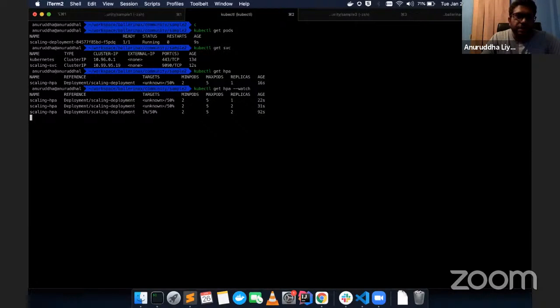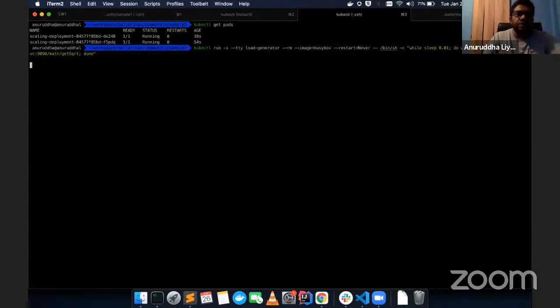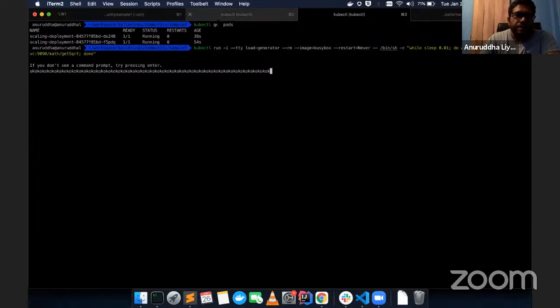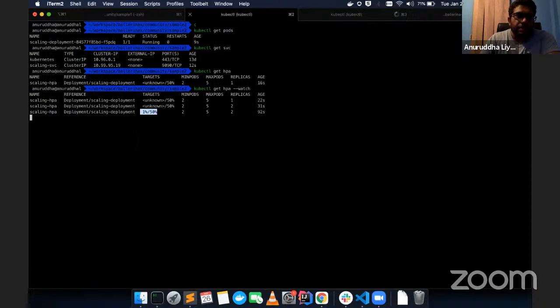Okay, now you can see only 1% of CPU is used. Now we are going to run this command, which will be invoking that service repeatedly. Now we see that it's invoking rapidly, and we should be seeing this one scaling in under a minute.